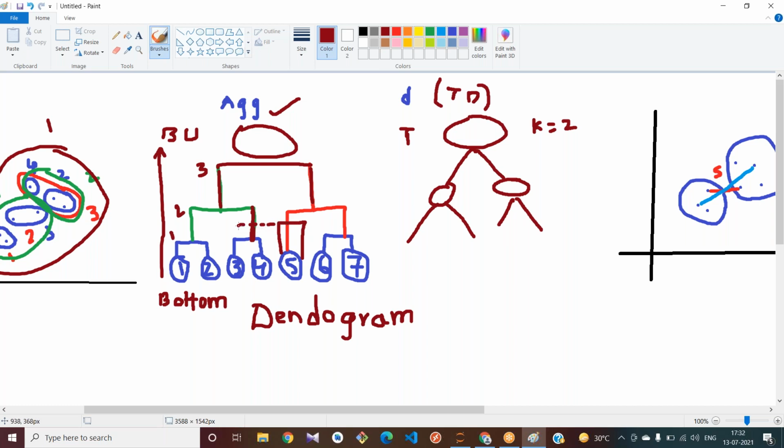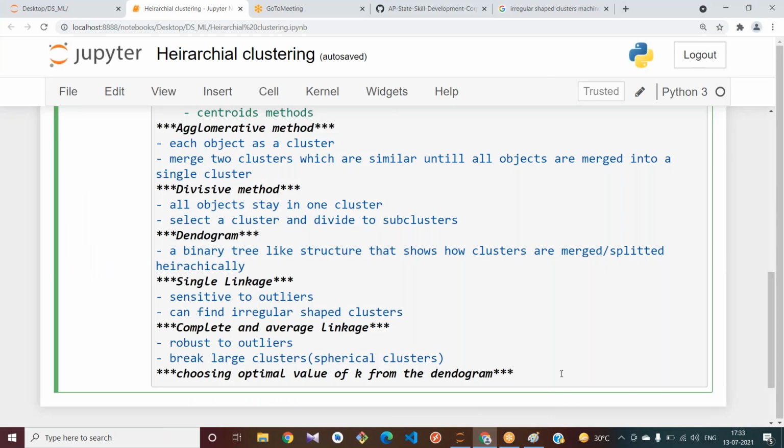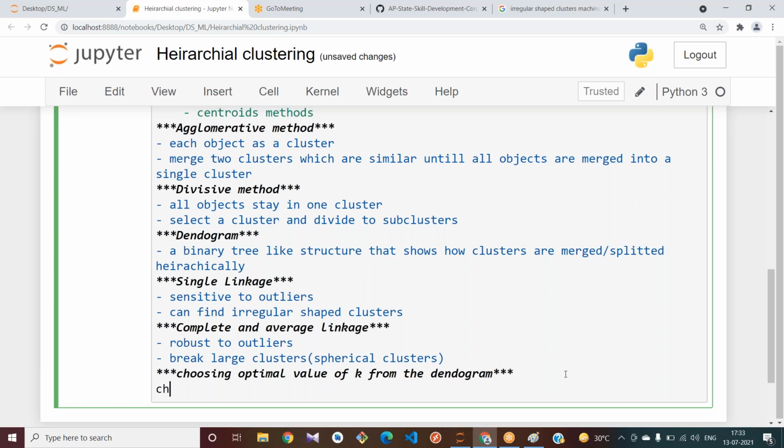If any horizontal line is passing through it, we do not use this vertical line to choose the optimal value of K. If we choose this line, there are no horizontal lines passing through it, so we can choose this as our optimal value of K. What I am trying to say is, choose the largest vertical distance.